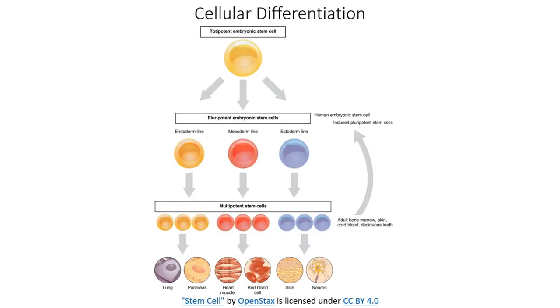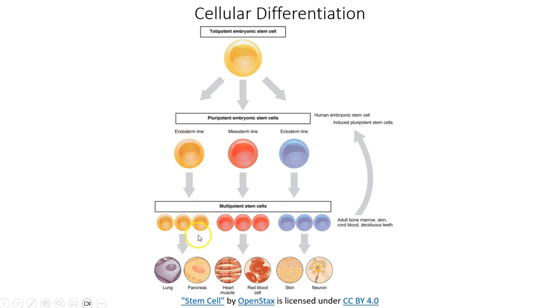So this is kind of a graphical representation of what that can look like. Up here at the top we have those totipotent embryonic stem cells. Again, like I said previously, these are found primarily in embryos, and these are super generalized cells. And then we get special signals. We make more copies of this totipotent embryonic stem cell and signal various totipotent cells to become pluripotent into these 3 different categories of cells in an embryo. So we have endoderm, mesoderm, and ectoderm.